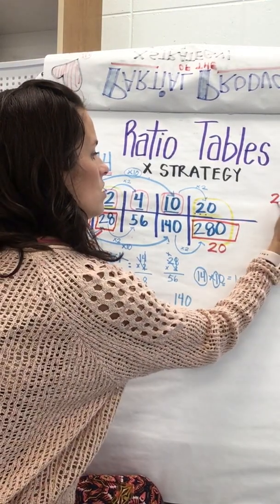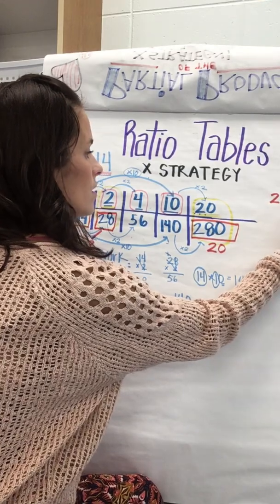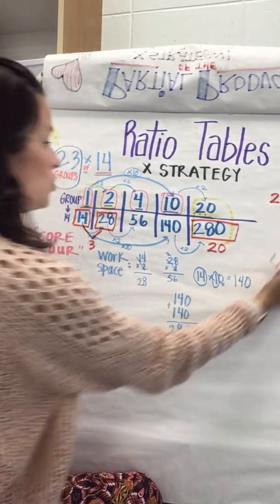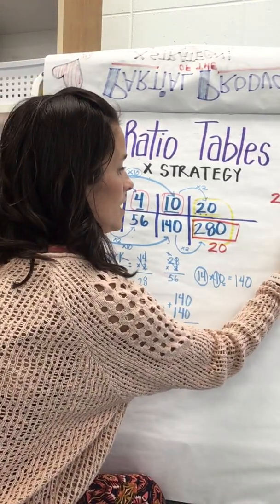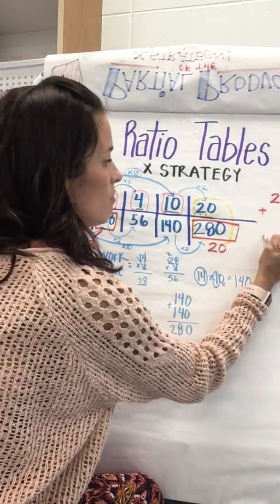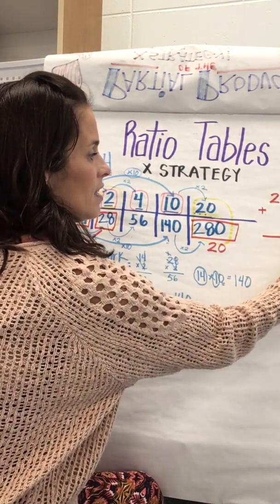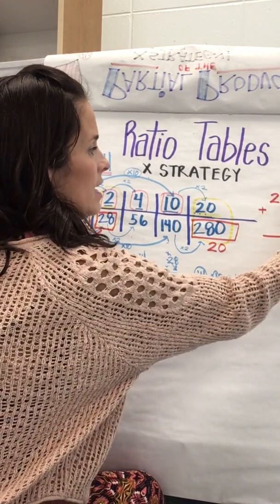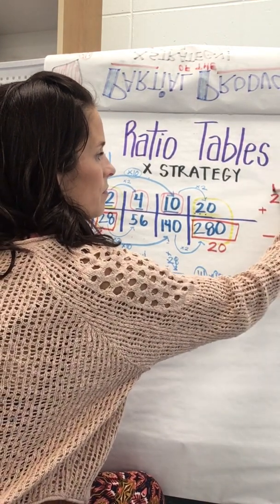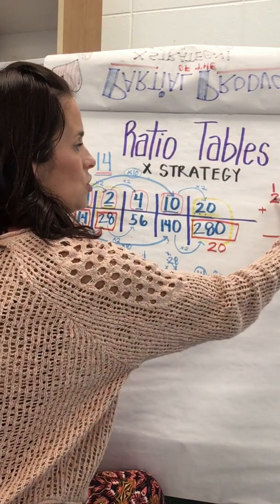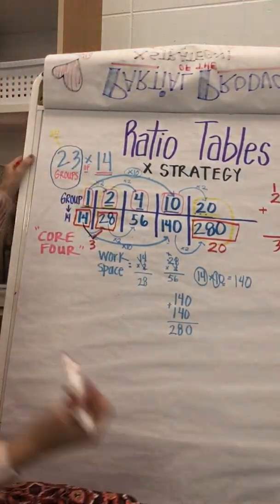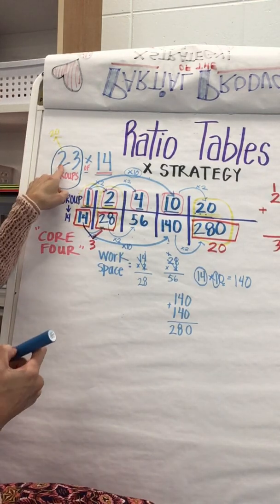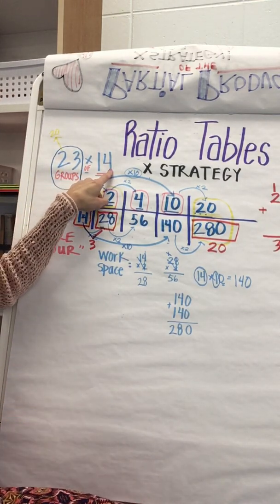So let's look at that. 280 is 20 groups, plus 28 is 2 more groups, plus 14 is another group, so I'm adding them all up. 8, 9, 10, 11, 12. And 2 plus 1 is 3. So, we just found out that 23 groups of 14 is